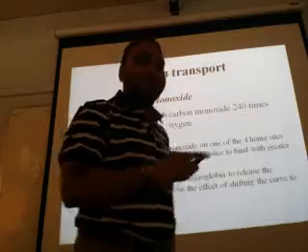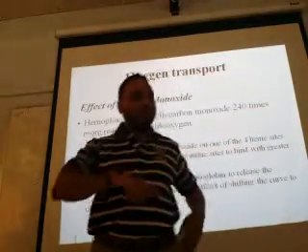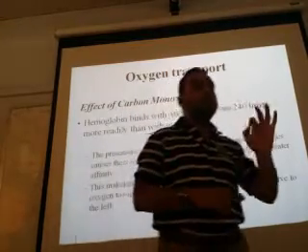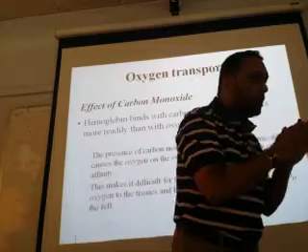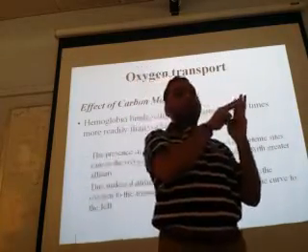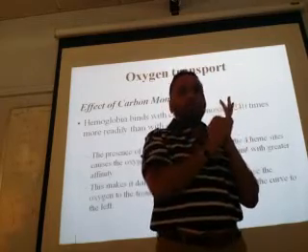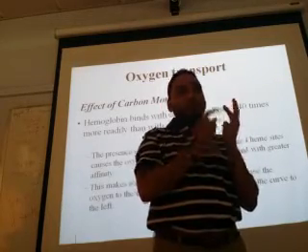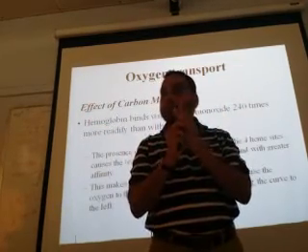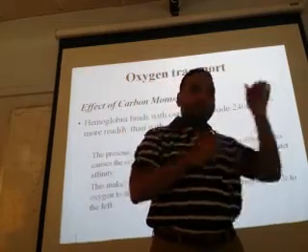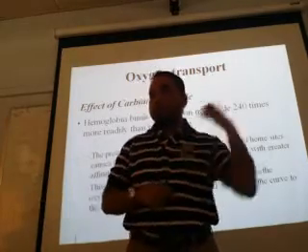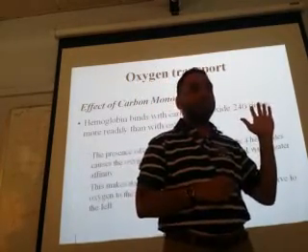What are the factors that shift the oxygen hemoglobin dissociation curve to the left? To the left, I am saying, not the right. Increase in pH, decrease in temperature, and the remaining three. It is very easy to remember. Just remember pH: pH decrease and the remaining three factors increase, shift to the right. pH increase and the remaining factors decrease, shift to the left. This one occurs at the tissue level, that one occurs at the lung level. Okay?